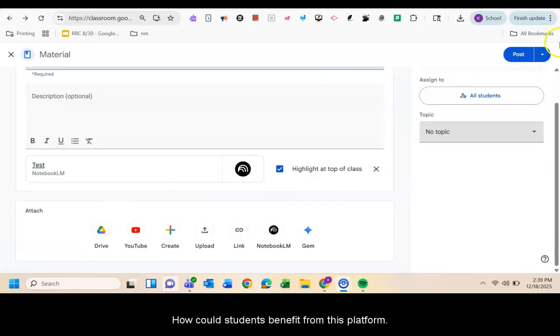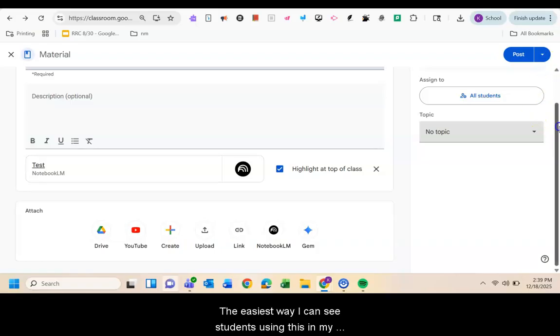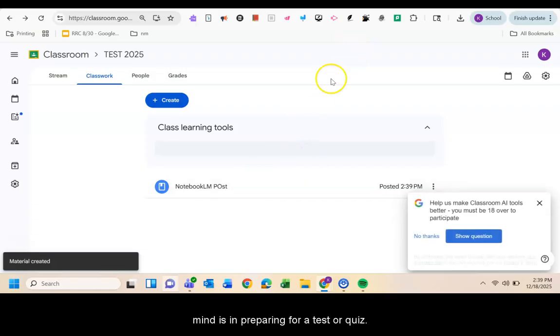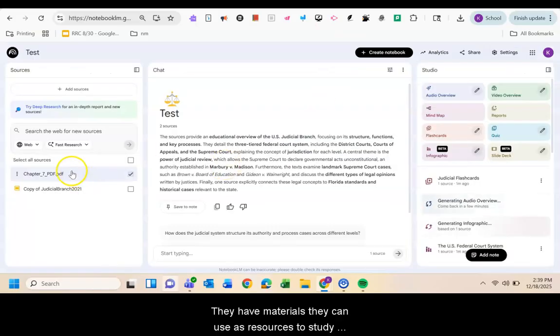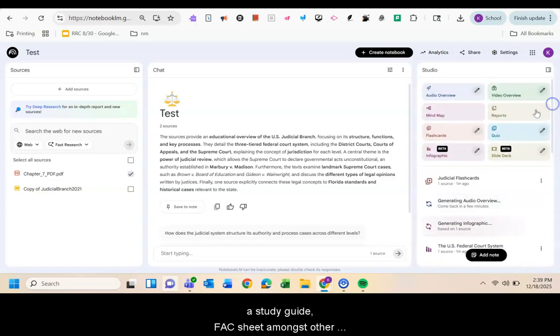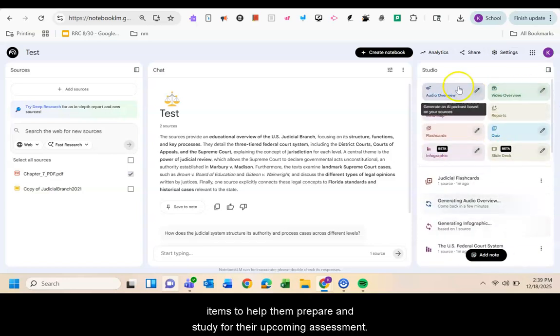How could students benefit from this platform? The easiest way I see students using this in my mind is in preparing for a test or a quiz. They have materials they can use as resources to study from, including their notes, and they can place into NotebookLM for it to generate vocab lists, a study guide, fact sheet, amongst other items to help prepare and study for